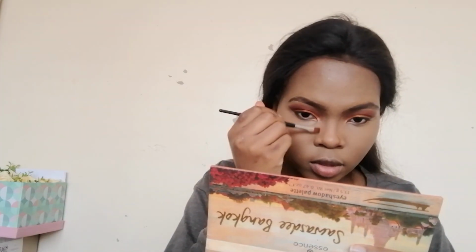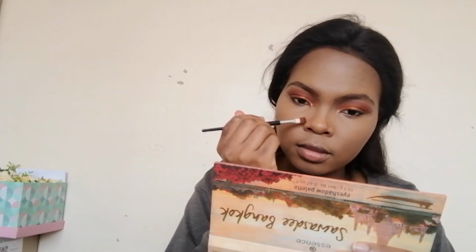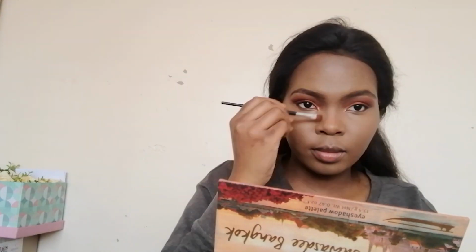I'm going to diffuse that out now. You could use a lighter brush for this, but I'm just working with what I have. So I'm going to use that same brush that I've now cleaned up so that it doesn't have too much color on it, and I am diffusing that out, blending it out into the foundation. Look at